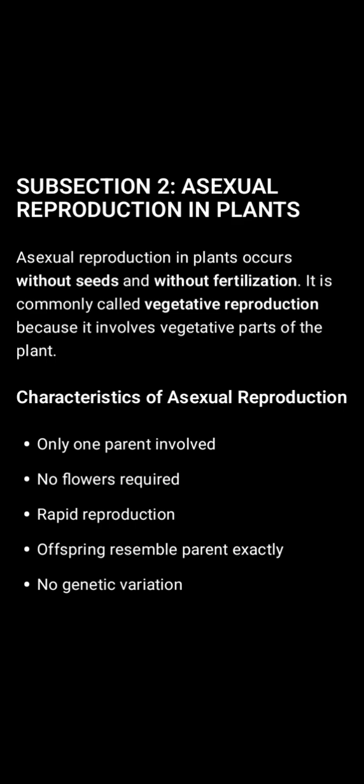So today's biology video is about asexual reproduction in plants. Before I go properly into it, I just want to talk about reproduction first. Reproduction simply means organisms giving rise to themselves, that is, to new offspring. That is ensuring that there is continuity. That means one organism is giving rise to an offspring. So basically, an organism is having its own children.